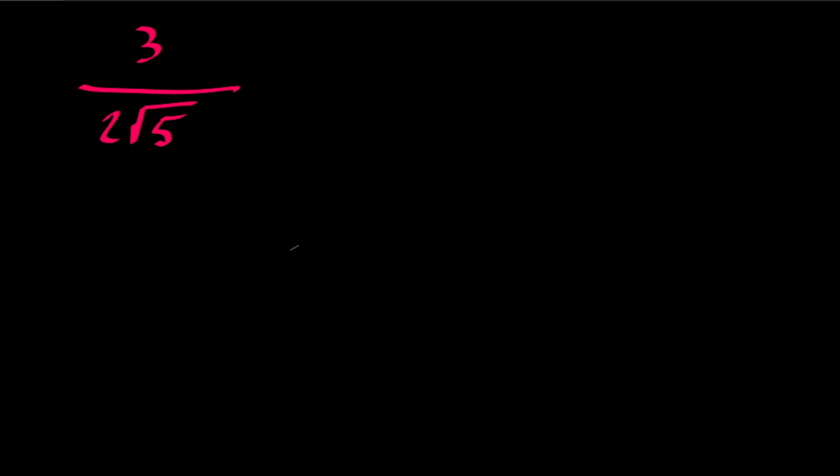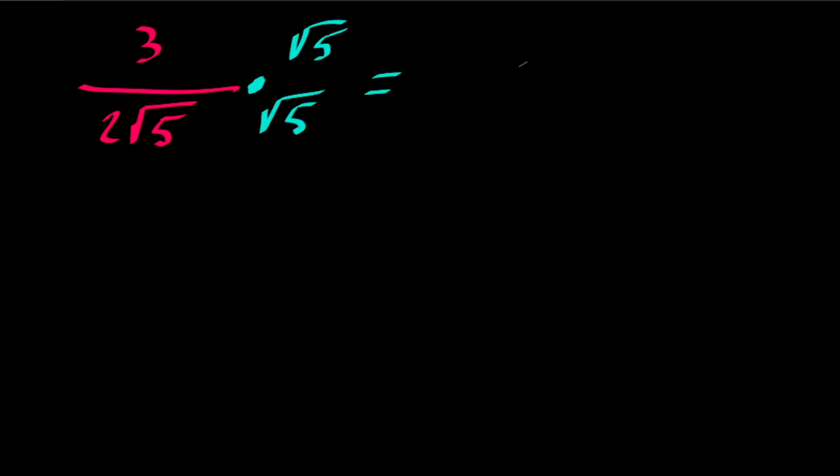All right, now give this one a shot, see if you can figure it out. So once again, here's the issue. This square root of 5 on the bottom needs to go. So just because this 2 is here doesn't really change the process for us. All right, so essentially when you have one term on the bottom, the process is still going to be the same. We're going to multiply the top by the square root of 5 and the bottom by the square root